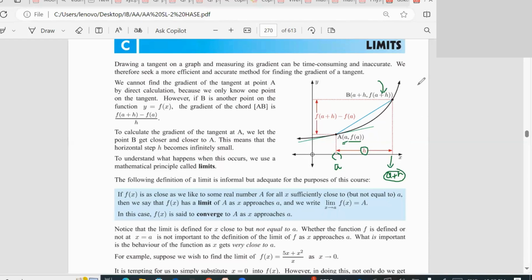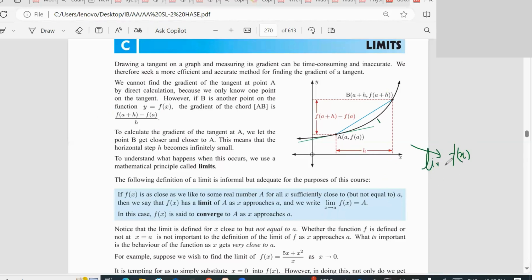Now, if I have to find the derivative, that is, the slope of the chord, what will I say? I will write this. And this, we are familiar with. This is the gradient. Now, if I say, okay, fine, what if I write f(x)